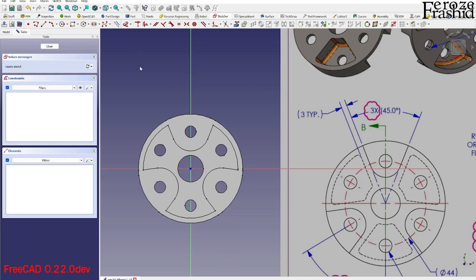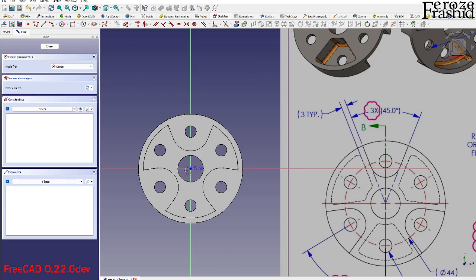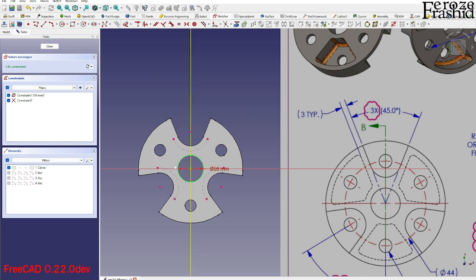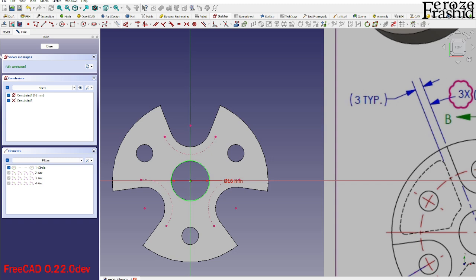So here I want to draw a center circle of 16 millimeter diameter, and then I want to take reference of these 3 edges and then hide that. So turn on section view and let's start drawing things. So I will go to center